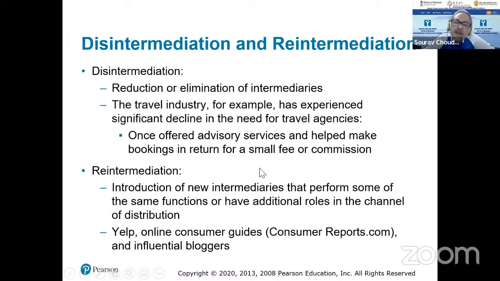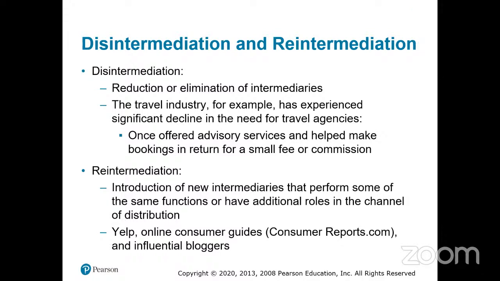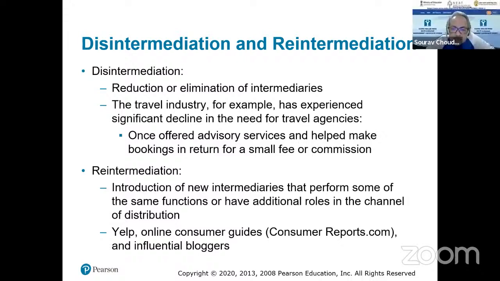Reintermediation, introduction of new intermediaries that perform some of the same function or have additional roles in the channel of distribution. Yelp, online consumer guides, consumerreport.com and influential bloggers. आज के दिन पे ऑनलाइन जो ब्लॉगर्स हैं, ऑनलाइन जो रिपोर्ट प्लेटफॉर्म्स है, ऑनलाइन ट्रैवल पोर्टल्स है। आज ऑनलाइन स्विगी जोमैटो है। They have become your new set of intermediaries, right? आज से 10 साल पहले आप घर पे बैठ के खाना ऑर्डर कर सकते थे जो 15 मिनट में घर पे आते थे।